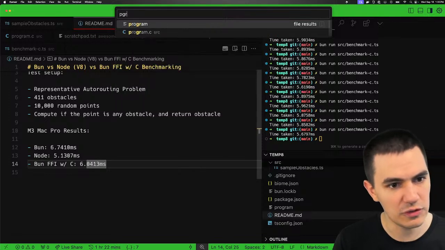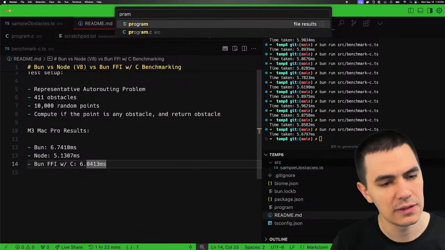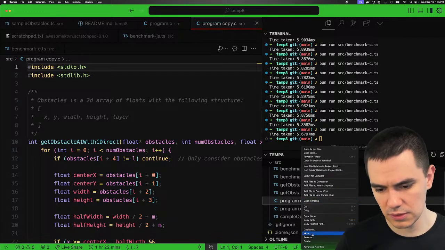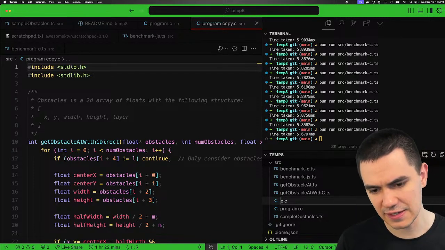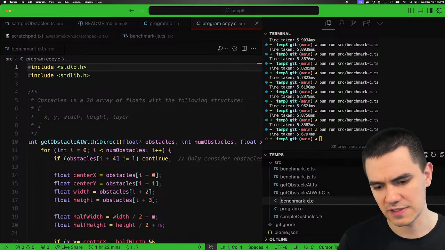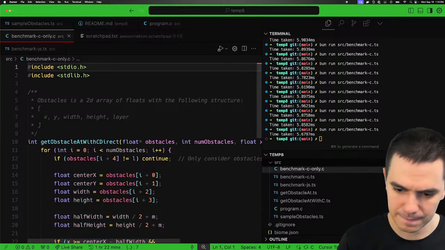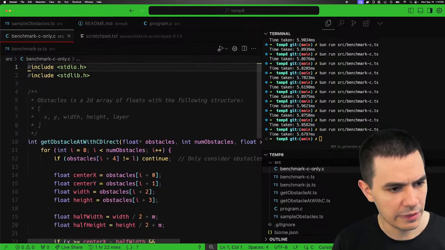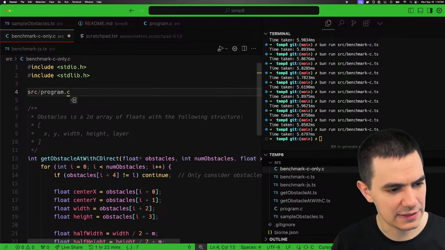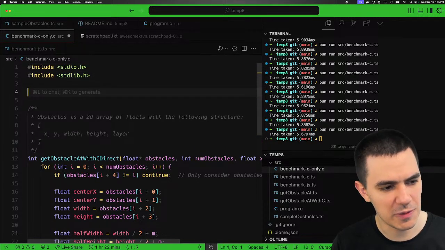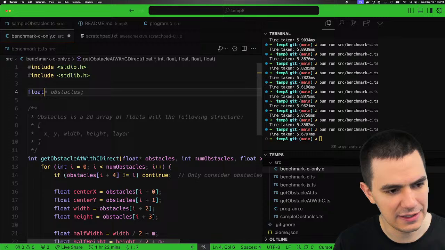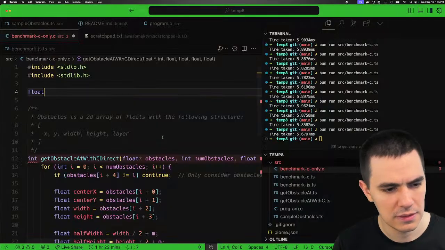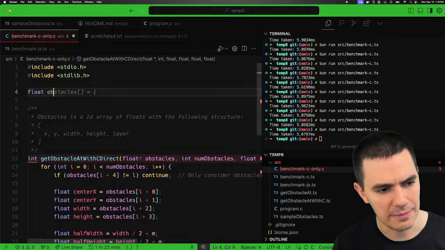I'll create a new file, program.c, C benchmark C only. And we're basically just going to define this thing. I think I do have to run the benchmark inside of C because otherwise any initialization cost will accidentally be captured. So float obstacles